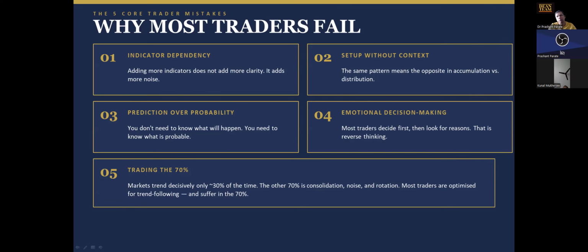Many people try to predict, but what I prefer is that prediction should not be the main thing. Probability should be the main thing. People give more importance to prediction, that it is going to break out, it is going to make a new high, or this is a target: a 10%, 20% gain from here is a target. If it reaches, I will exit. They don't take probabilities. What is the meaning of probability? If this thing is happening, it is more likely that it will go up or go down. There is a 70% probability that it will go up, but still a 30% probability that it may not work out.